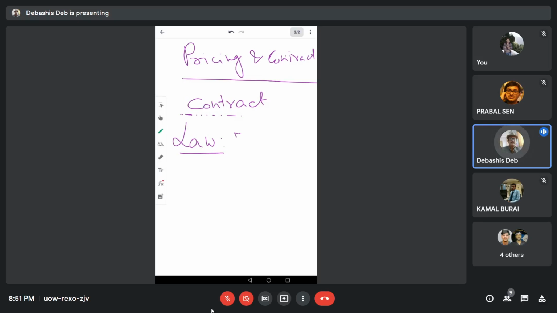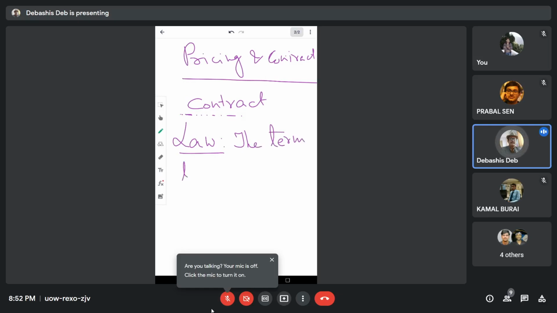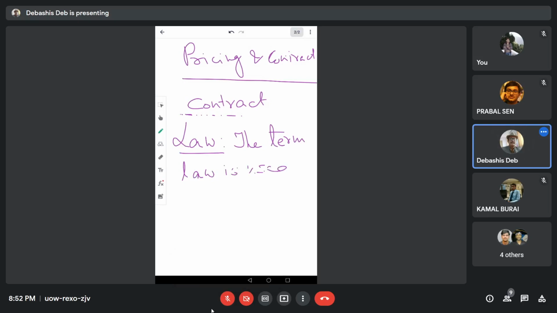The term law is used to denote rules of conduct